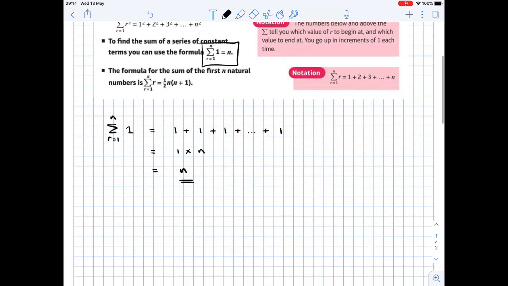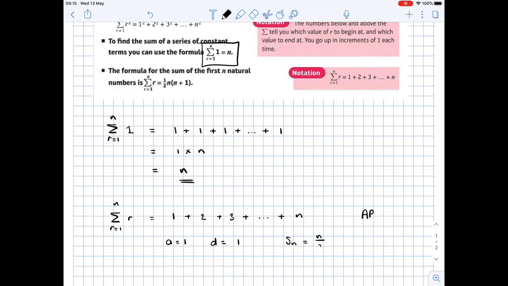Next, we're going to look at the sum of the first n natural numbers. So r equals 1 and the rule is r. So when r is 1, we have a first value of 1. When r is 2, the second value is 2, etc., all the way up to the nth term. Now hopefully you can spot here, this is an AP, or an arithmetic progression, with first term 1 and common difference also 1. And remembering from single maths that the sum of an arithmetic series can be found by the formula